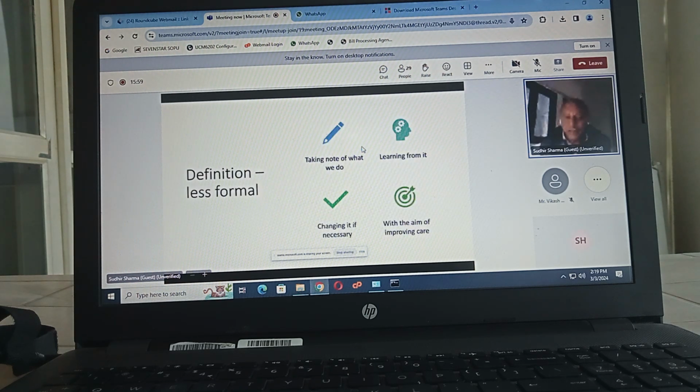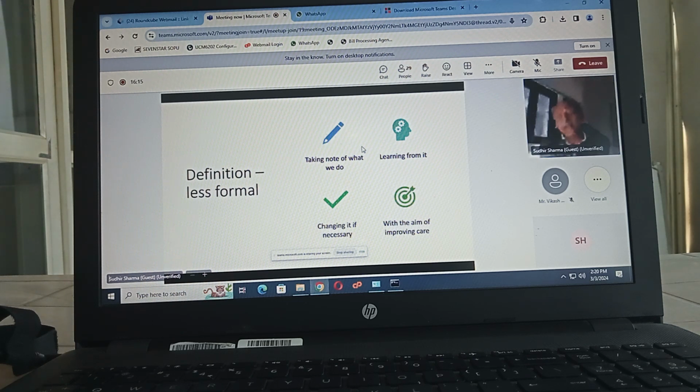So a less formal definition. What do we do with clinical audit? First is to look at what we do currently. How do we do it now? Then we compare it. Then we implement